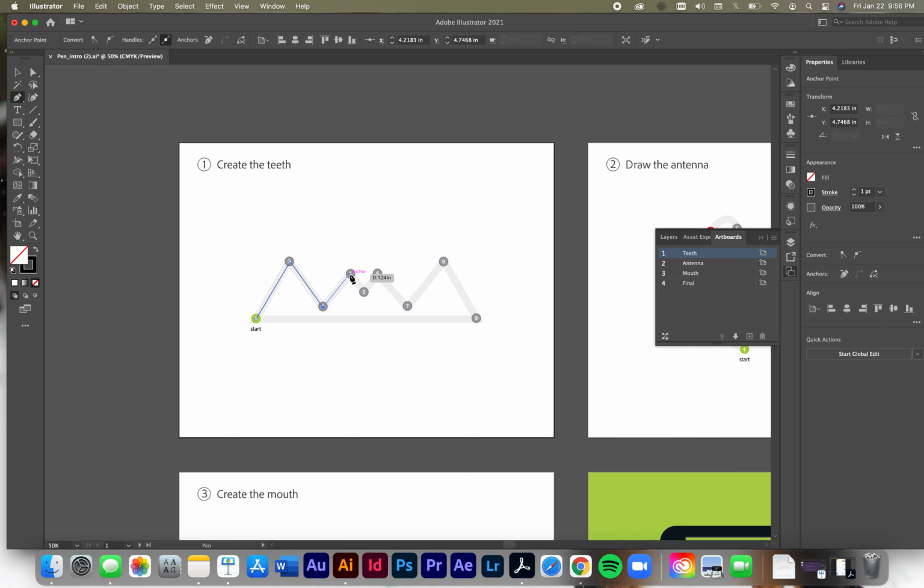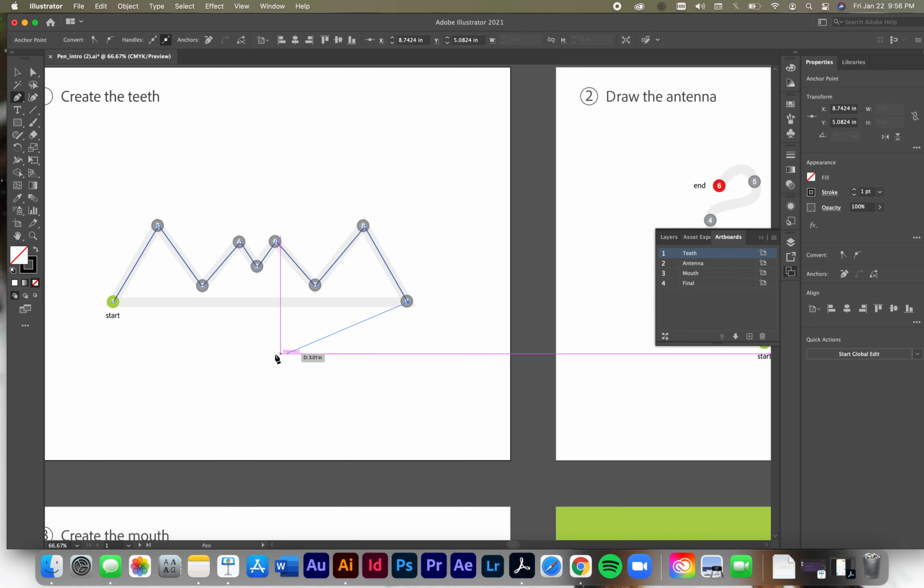You just go where you want to go and click and release. Click and release. So do that for practice for this straight line part. An important part here is that with the pen tool you can finish shapes. So let me show you what I mean by that. If I just clicked over here, it kind of looks like a finished shape, right? But it's not, because there's still open space here. So I'm going to Command Z and undo that. But how you can definitely complete a shape is,